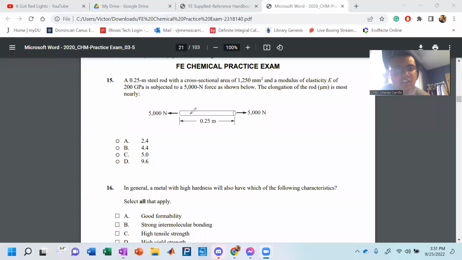And the equation that you end up getting is delta equals PL over AE. A is area, E is elasticity, P is newtons, and L is obviously length. And remember, in SI units, everything is easier if you just make everything in the right terms. So it's going to be 500 newtons, the length L, but remember, 0.25 meters, divided by area,